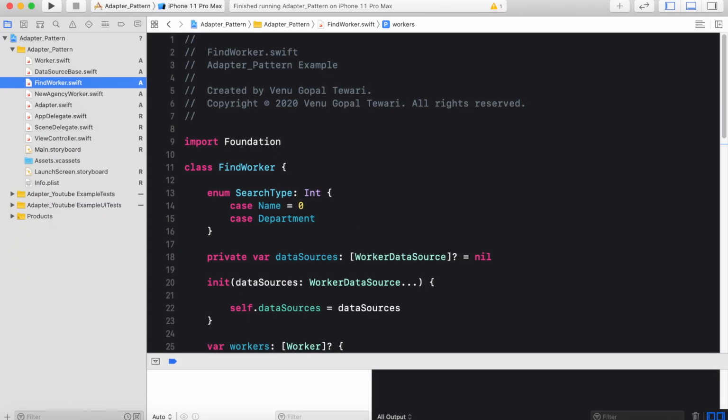After some time, their business started growing and a requirement for a merger with a new agency came up. Now the problem is that the way in which the new agency maintains the data of their workers is different in terms of structure from what we currently have in our former agency. And the software currently running as the search utility cannot directly communicate with the structure of the directory that the new agency has.